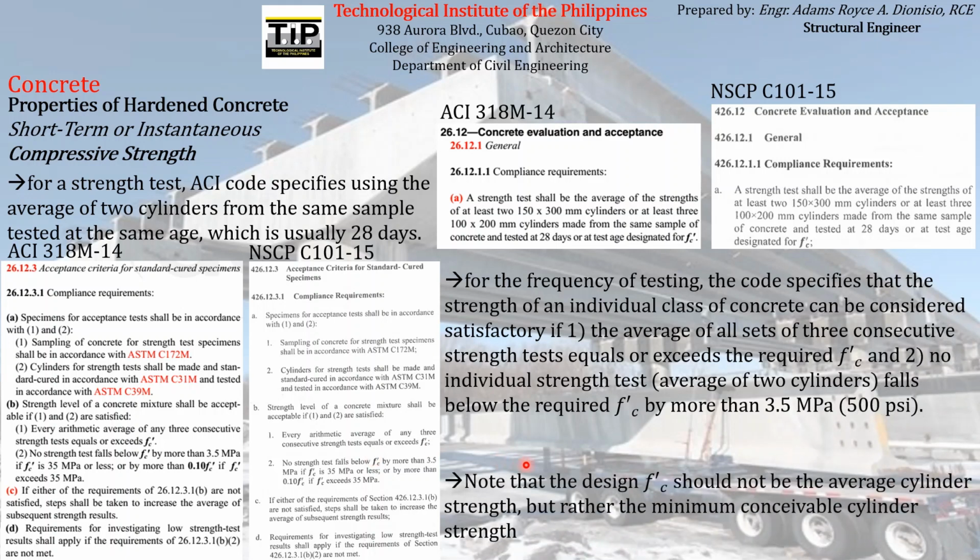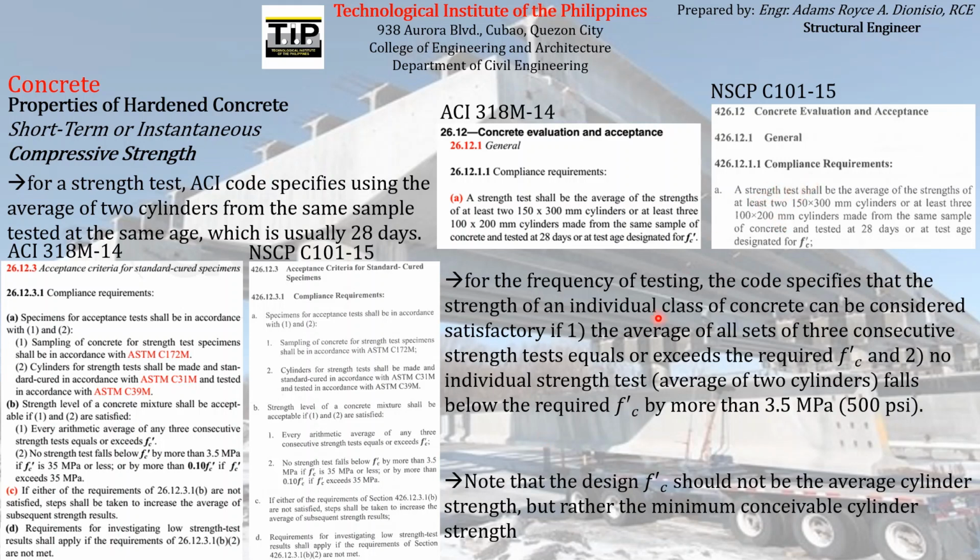So, just take note that the design FC prime should not be the average cylinder strength, but rather the minimum conceivable cylinder strength. Like what I said in the first example that I gave you, for example, the results of the strength tests are 35 megapascal, 36 megapascal, and 37 megapascal. So what is the FC prime that we will use coming from those three results? We will not use the average of those three strength test results according to this statement, but we will use the lowest or the minimum